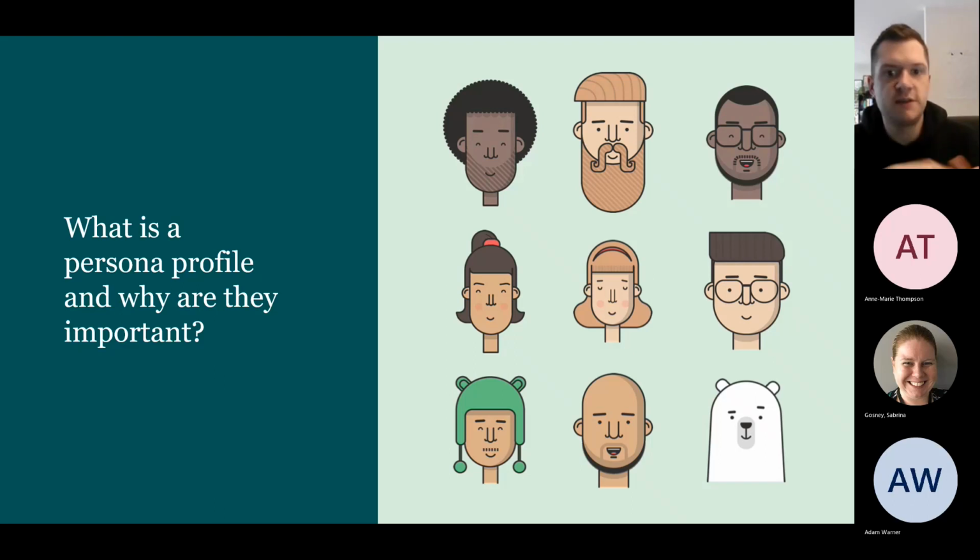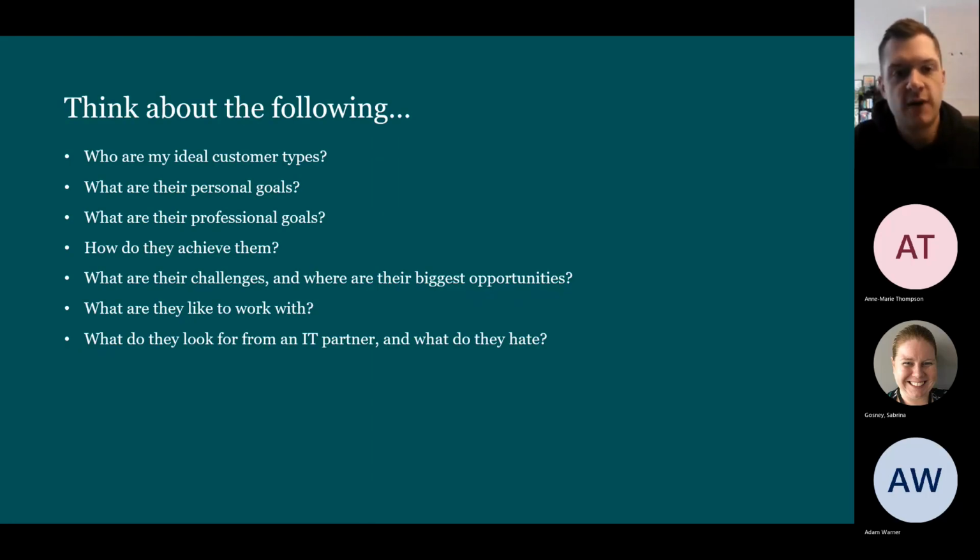They can be different seniorities. They can be different company sizes. They can have different roles and responsibilities. And you might have two different personas who do the same thing with you, depending on the company size. It could be an IT manager in a much smaller business. It could be a CTO in a much greater business. We just need to understand what our personas are and what gets them out of bed in the morning, in essence. So we need to think about the following.